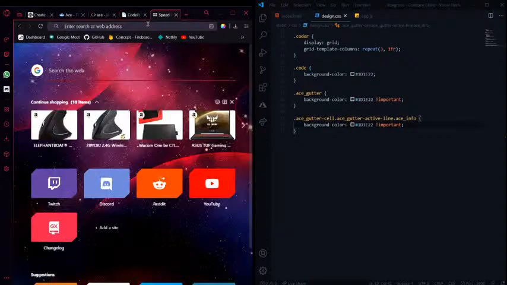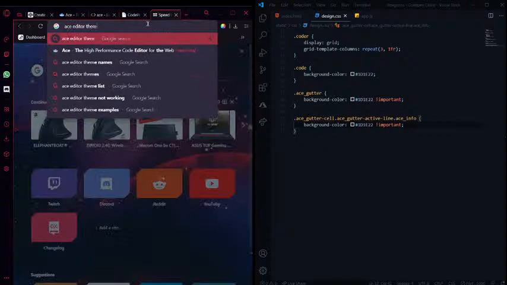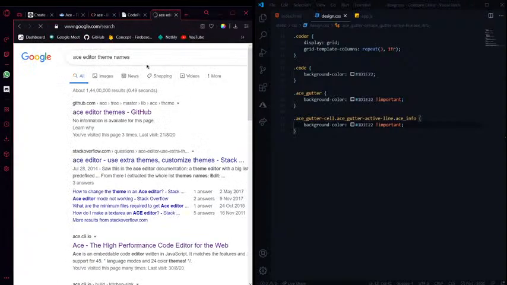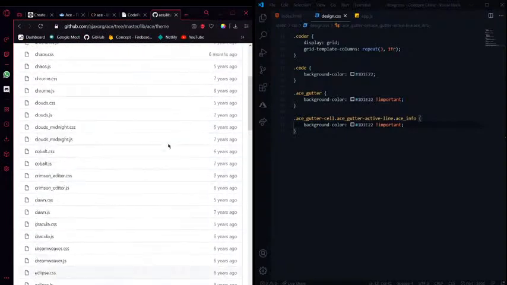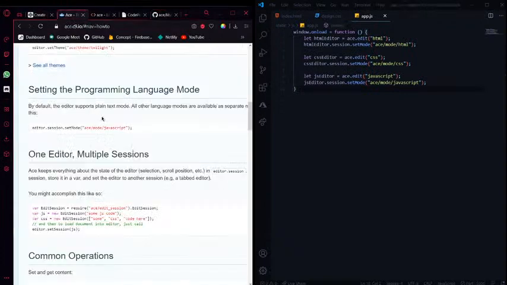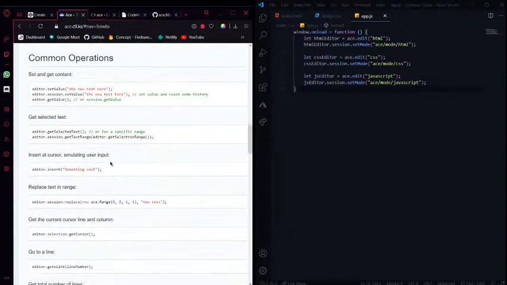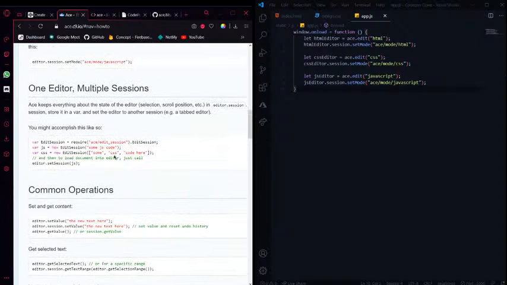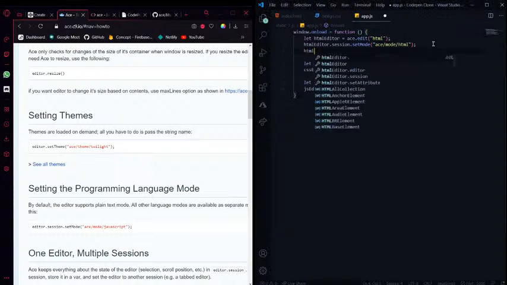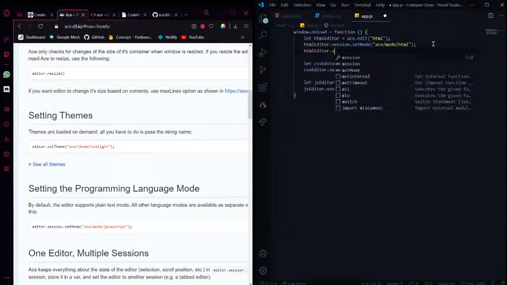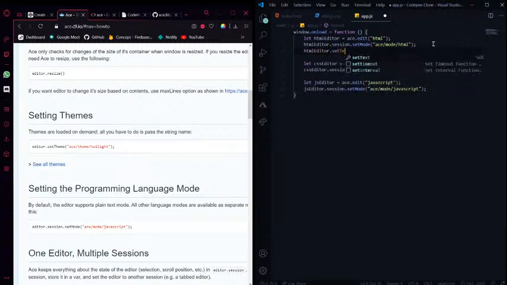So we are just going to get the Ace editor theme names. As you can see, there are Ace editor themes, and literally you can name any of these. So what I'm going to do is give it a theme name. For giving a theme name, we can see how. Yeah, editor.setTheme, we are going to use this function in order to give it a theme. So I'm just going to put the HTML editor session, no, set theme, and then I'm gonna put in